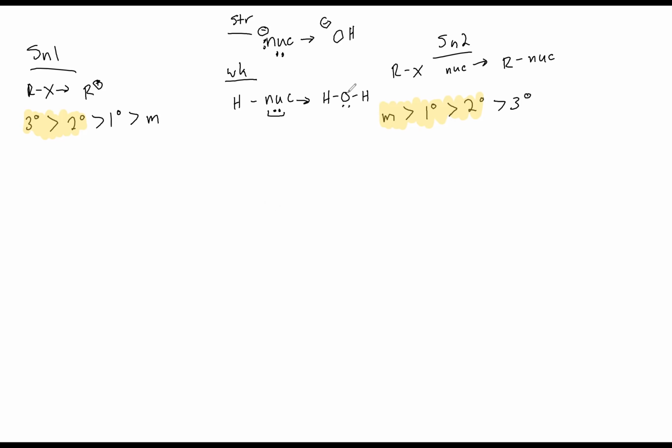You can see how both oxygens have lone pairs to donate. It's just that this one has a negative charge, so it's a strong nucleophile versus a weak nucleophile. Does everybody understand the difference between a strong and a weak nucleophile? Okay,